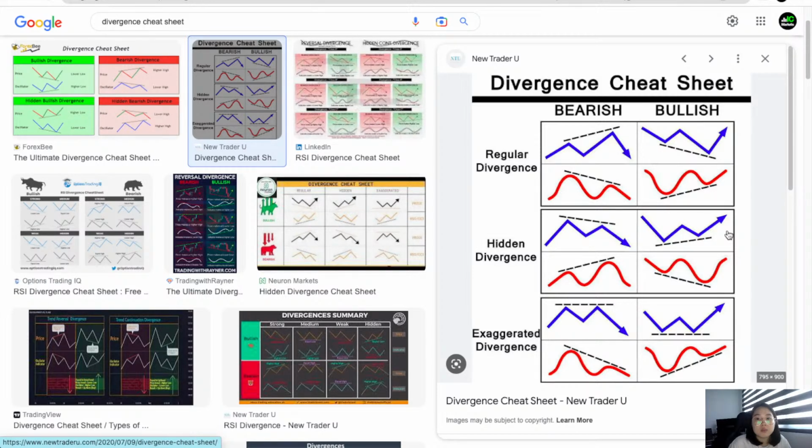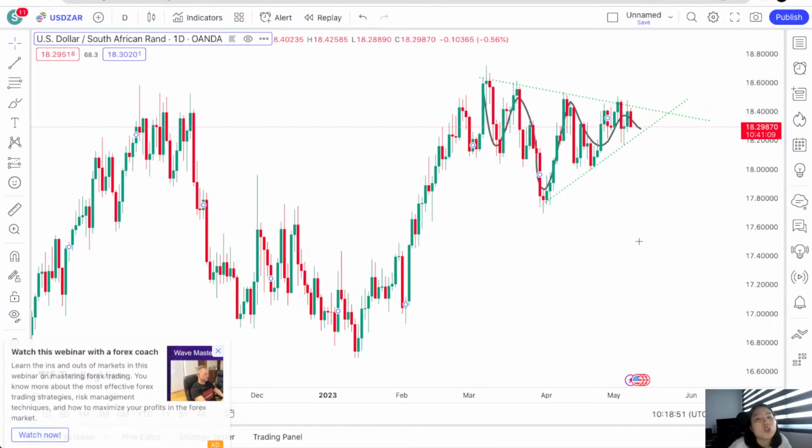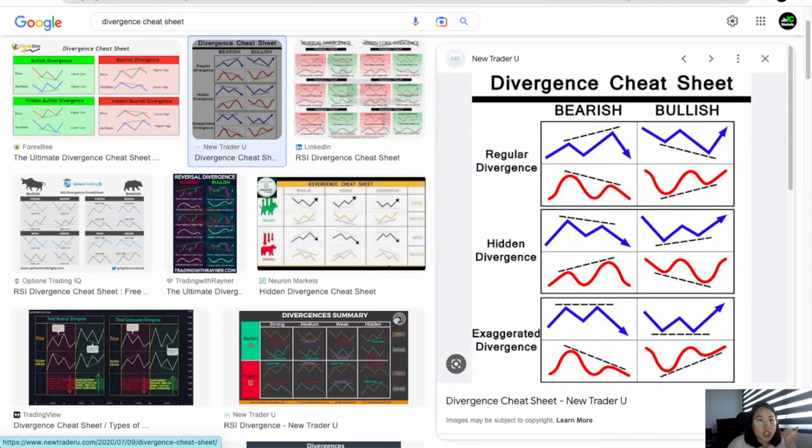Okay, so if you guys want, just go and download this and have it on your phone. Because honestly, I've been trading for so many years, and I myself still need to refer. Why? Because we're all humans. We all have one brain, two eyes, one nose, one mouth, two ears. Capability wise, if there's something you can do, I can do it too. I always believe that if I can do it, anyone can do it. Even for me, after so many years of trading, I still need to refer to all these cheat sheets because there are so many things to remember.